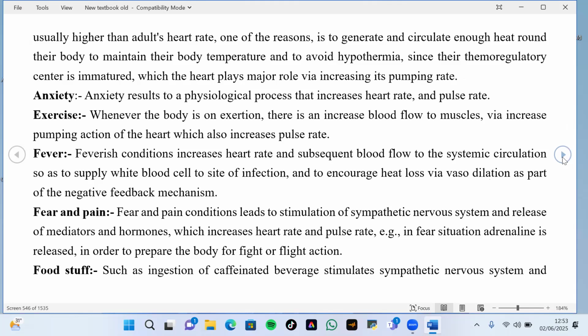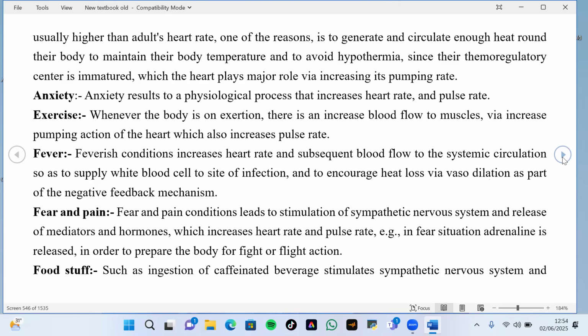Anxiety results in a physiological process that leads to an increase in heart rate and pulse rate because of the release of mediators, or catecholamines, or stress hormones. Exercise, we've talked about that. Fever leads to increased pulse rate. Remember, we explained this earlier. Fever conditions increase heart rate and subsequent blood flow to systemic circulation, so as to supply